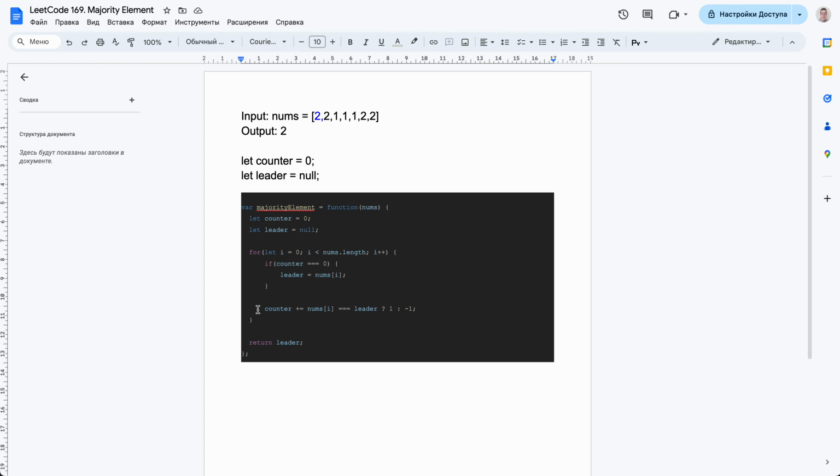Okay, second check is on our counter. If our leader is equal to the current element in the nums array, we need to add 1 to our counter, or in another case we need to subtract 1 from our counter, and that's it. Okay, let's do it